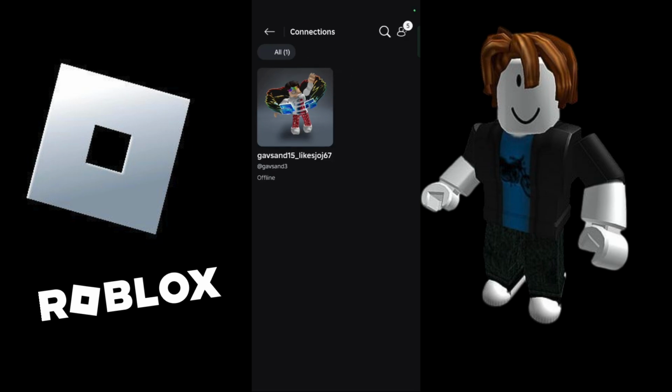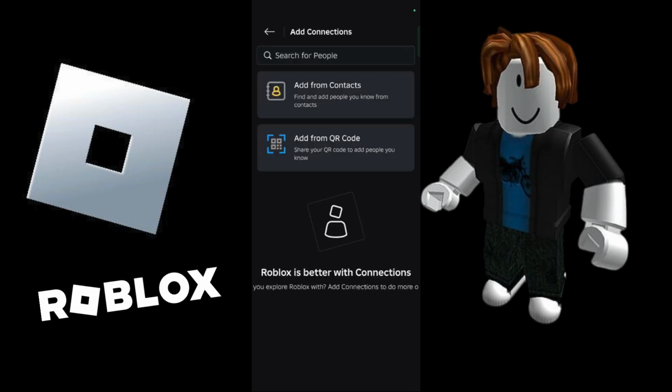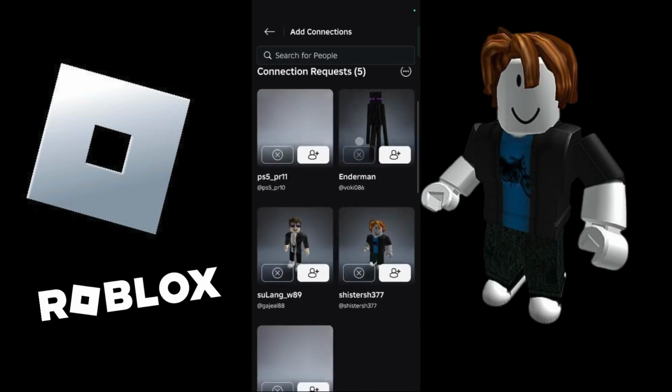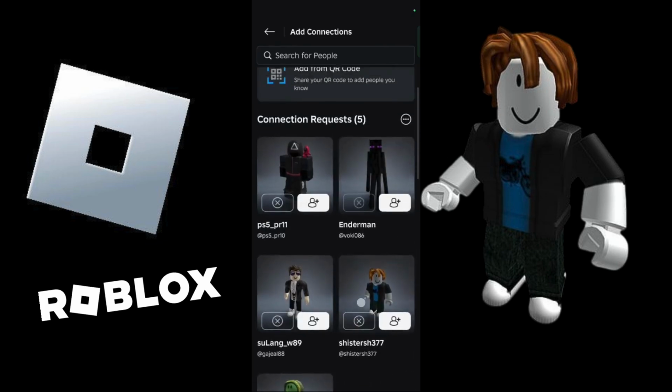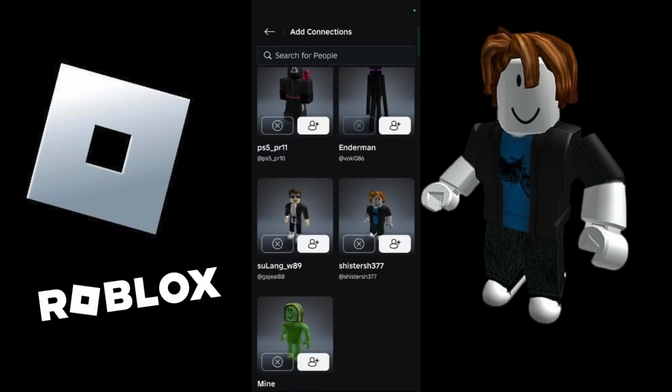And in order to see the requests, click onto this option or this button at the top right, and from here you will see all of the pending connection requests that you have for your account. So as you can see, I have these 5 connection requests pending in my account. So that's how easily you can see the connection